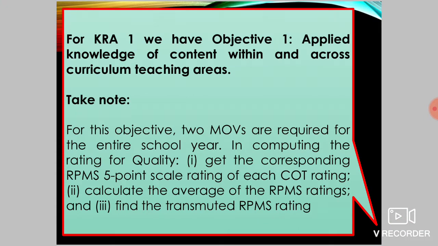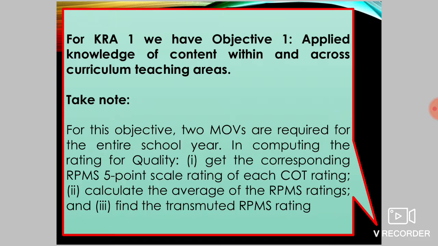Also, for objective 1, 2 MOVs are required, meaning to say 2 observation forms. In computing the rating for the quality, we have the following. Get the corresponding RPMS 5-point scale rating of each COT rating. Calculate the average of the RPMS ratings and find the transmuted